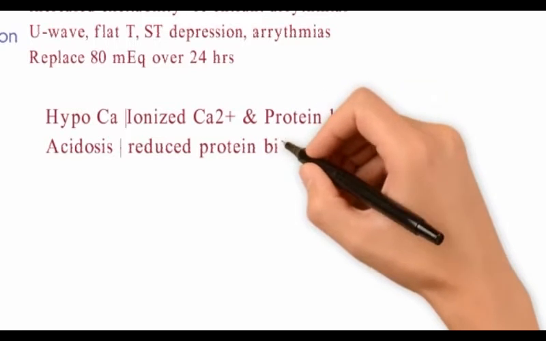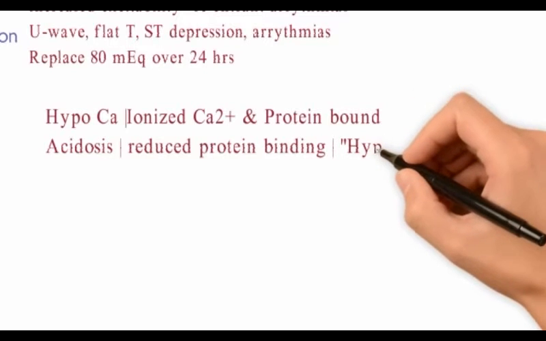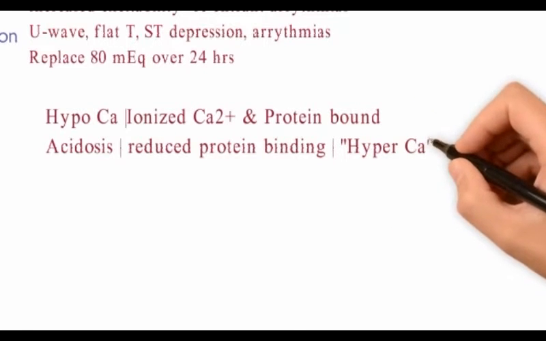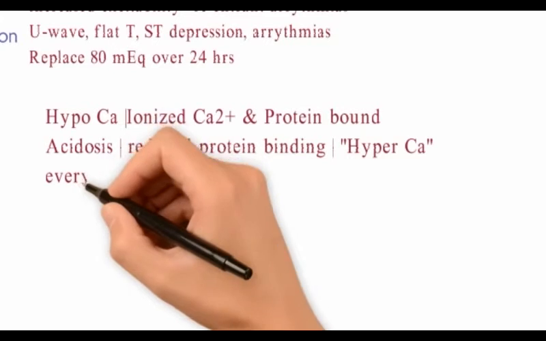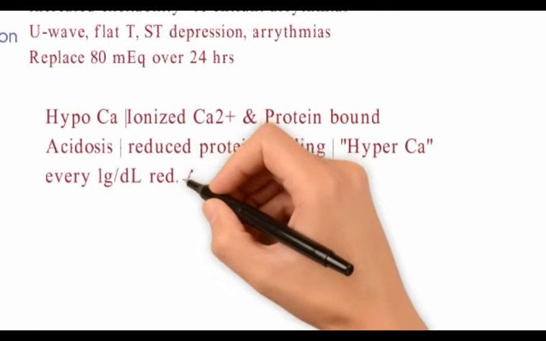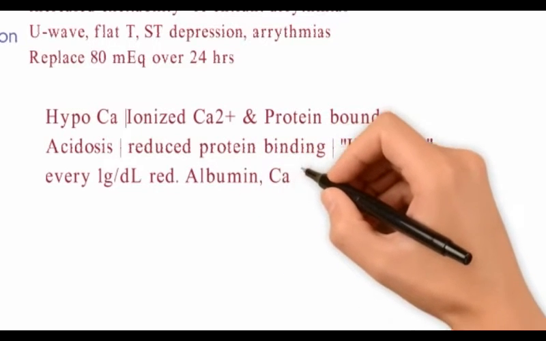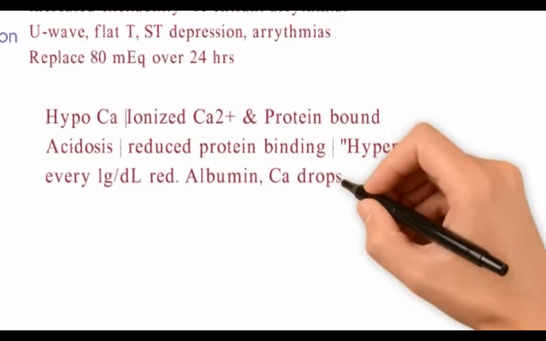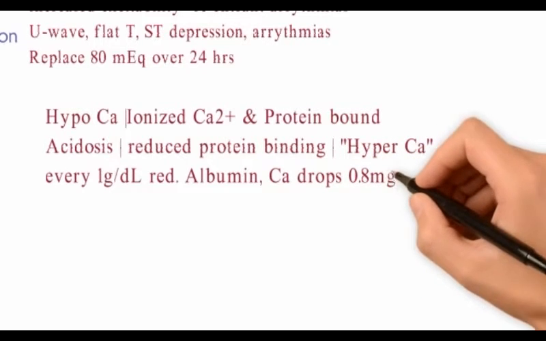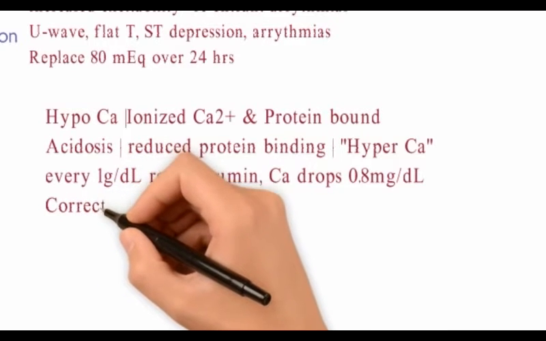This explains when there is acidosis and increased H+ ion, it preferentially sticks to the albumin and calcium gets released. Since we understood that the ionized calcium, which is Ca2+, is metabolically active, when the pool of Ca2+ increases by calcium disassociating from albumin, now there is hypercalcemia in acidosis.